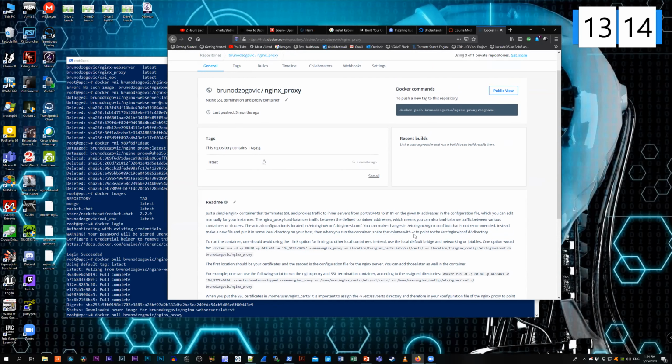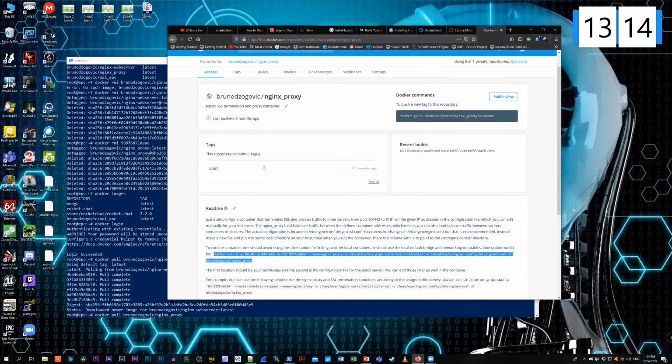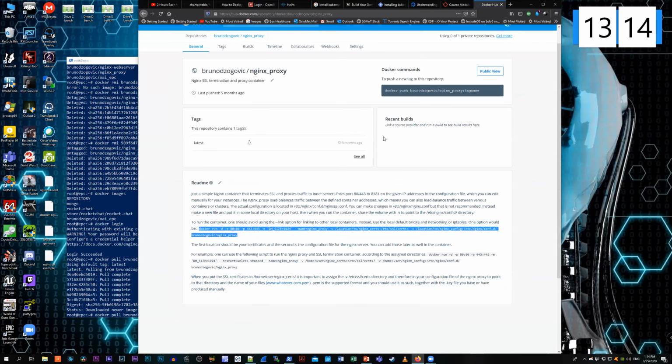If you want to put a configuration file, you can put it in a directory here and just add -v. This is how you can run this container. I will show this later, but when you enter this small piece of information here, it will show you what you can do with this.